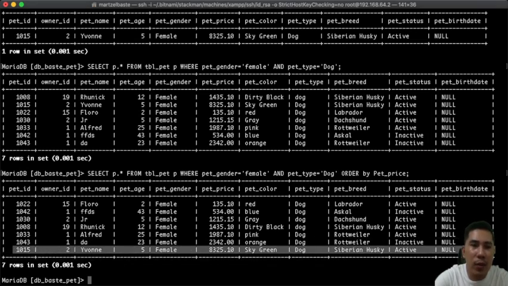And let's look into it. 1015, the query earlier, Yvonne, 5, female, 8,325, sky green dog, and it's actually identical. I mean, we have come up with the accurate query based on whatever is projected. So it's evidence, it's proof that the